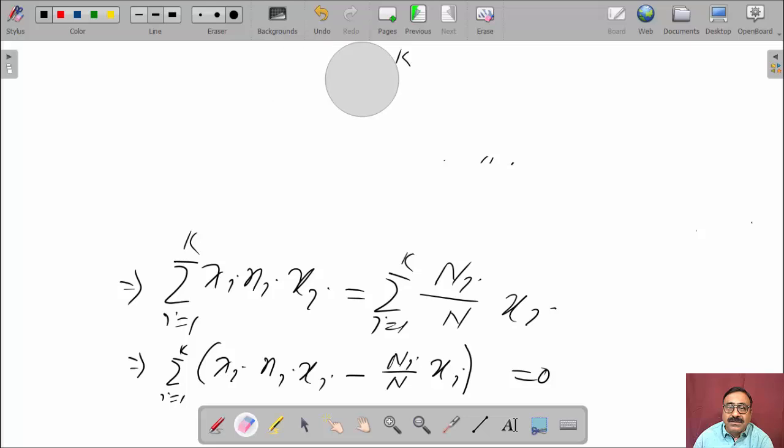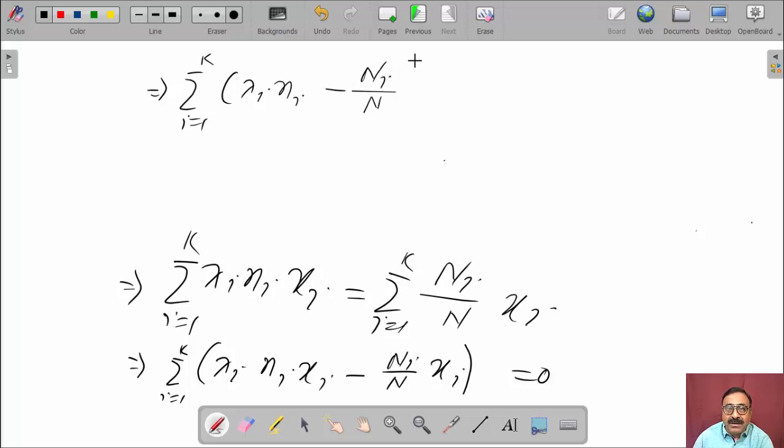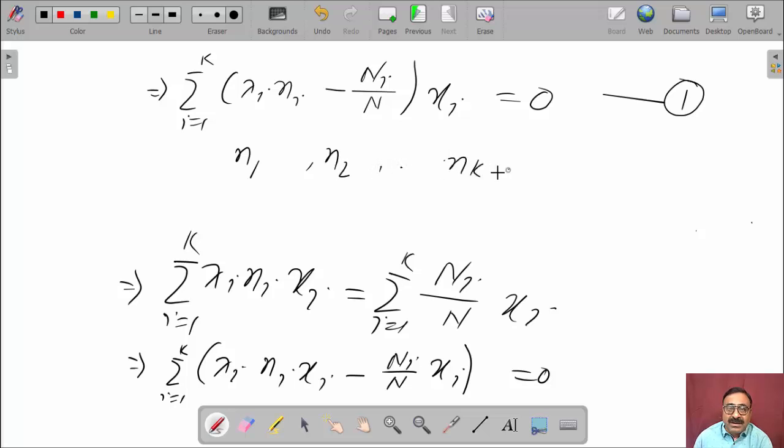That is, summation i equal to 1 to k lambda i (n_i minus n_i by n) x_i equals 0. This is equation 1. Now the variance of the estimator t for fixed values of n1, n2, ..., nk is given by